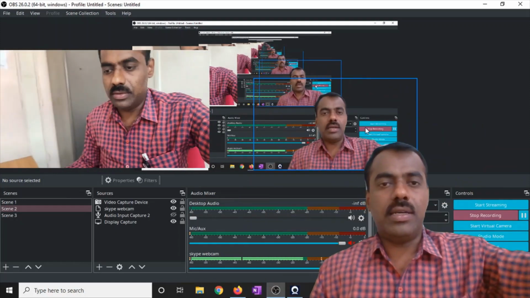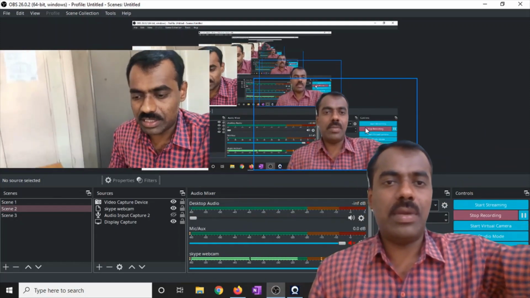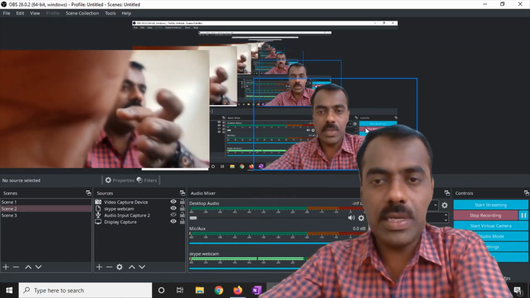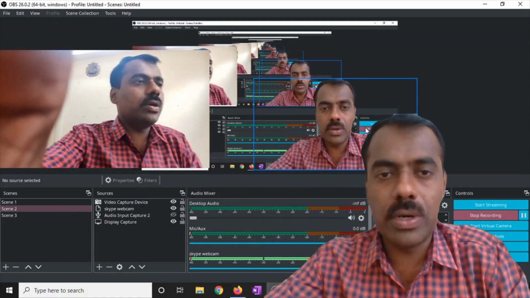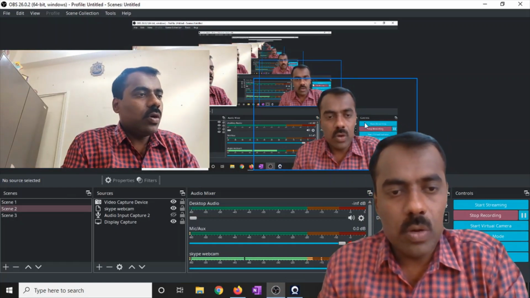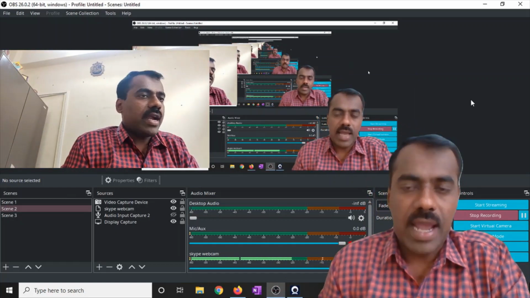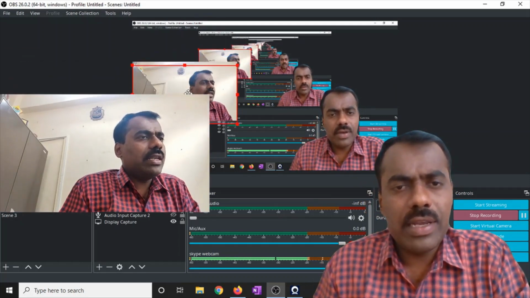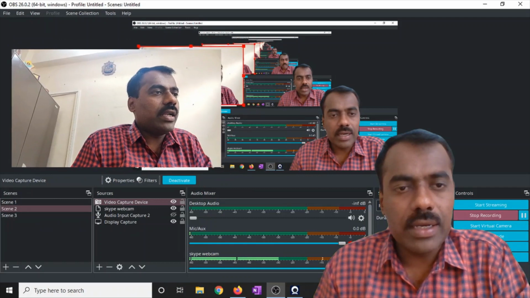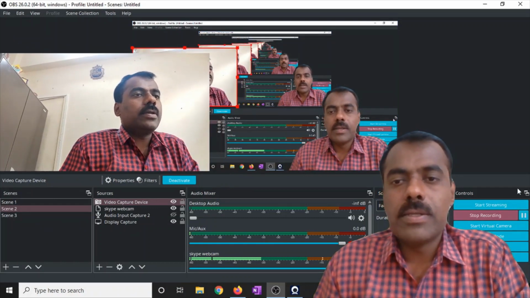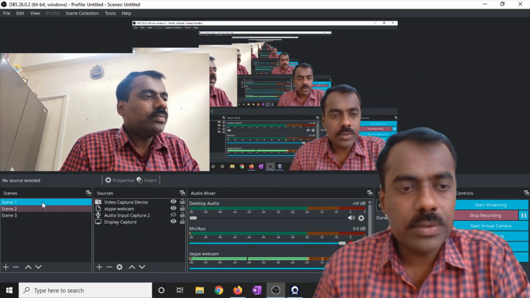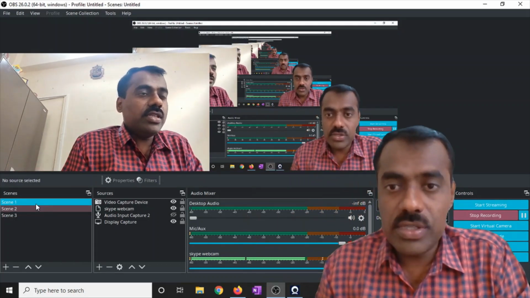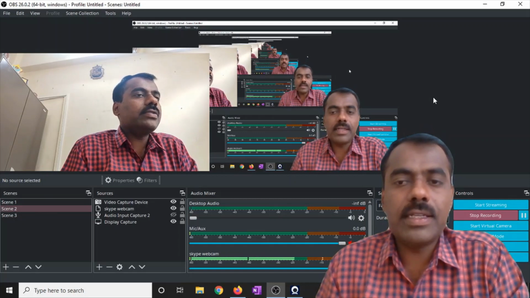If you want to explain something from two different dimensions, then you can start using such things. It is useful, and it depends, of course, on how you want to use it. In OBS also we can add different types of cameras, and however many cameras are available, that many we can add. So this is a quick look at how we can use this Iron webcam, and it is very useful.